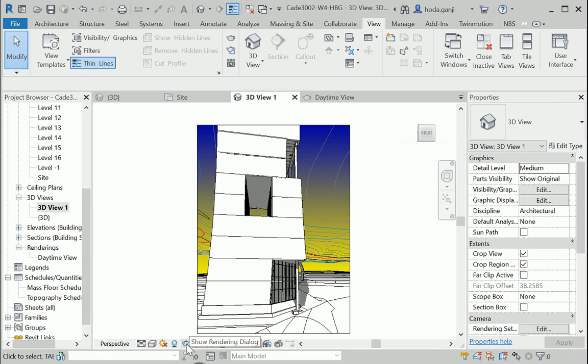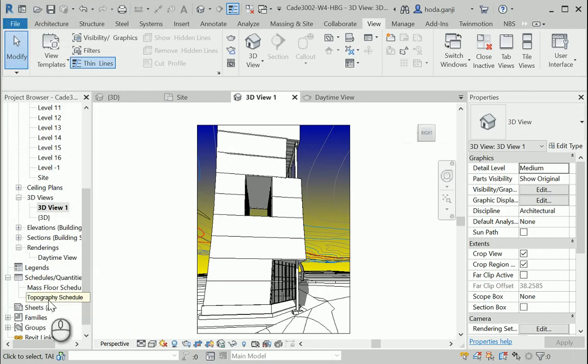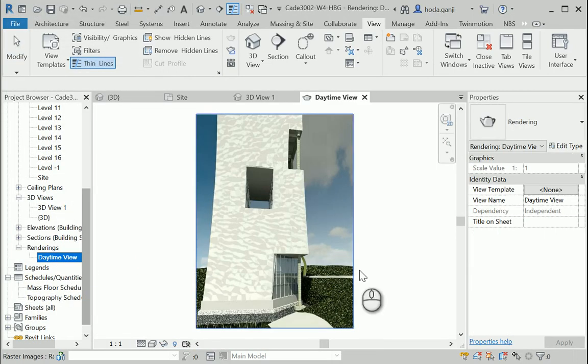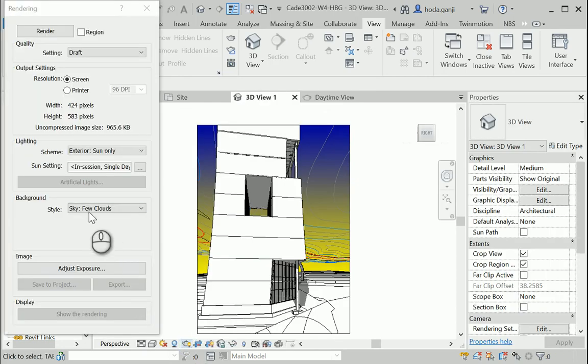Okay, let's get back to the rendering dialog. How about we change the background? So if you remember this view, you see it's the default background of Revit. How about I go back here? I'm gonna go here and I'm gonna show you how you can set an image to the background from here. So let's go to image